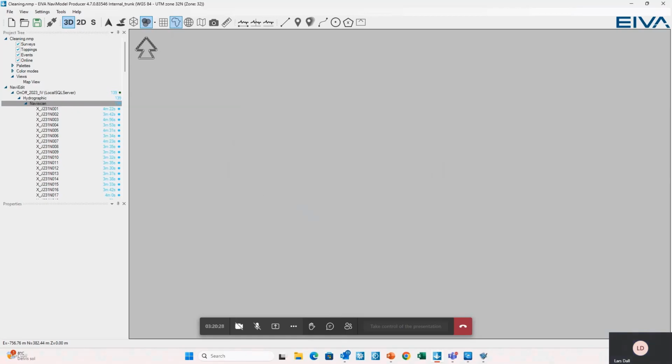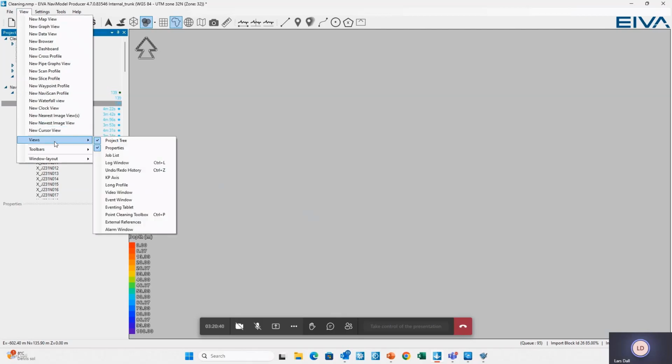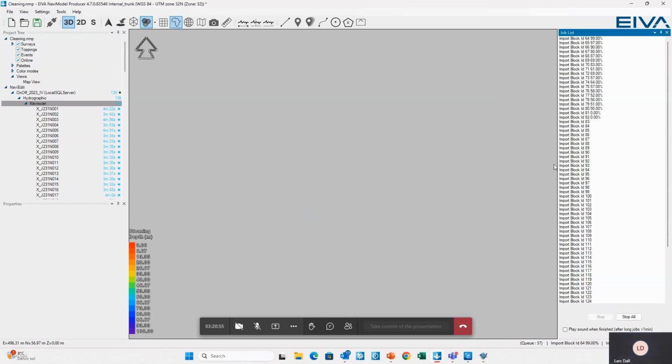And now NaviModel is starting to load the data. You can see that in the lower right corner here, there's a queue of 120. But I can also open a view here that I call the job list. The job list will show the current jobs, those that are activated and those that are